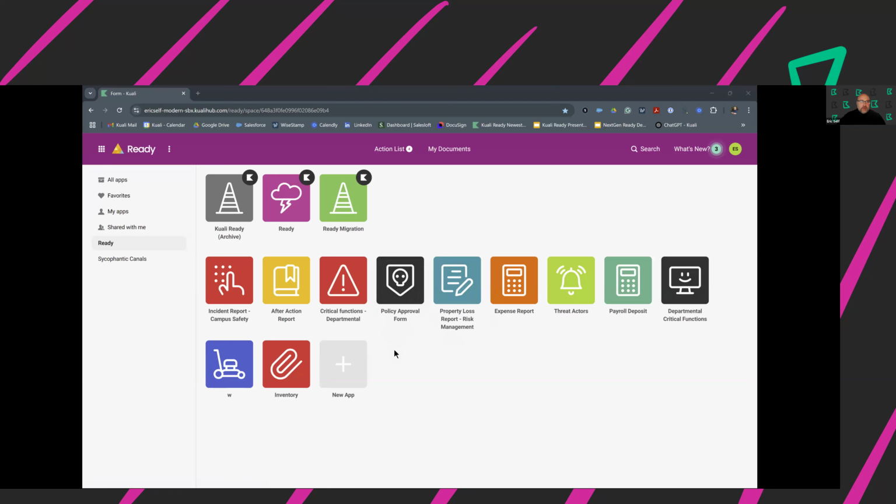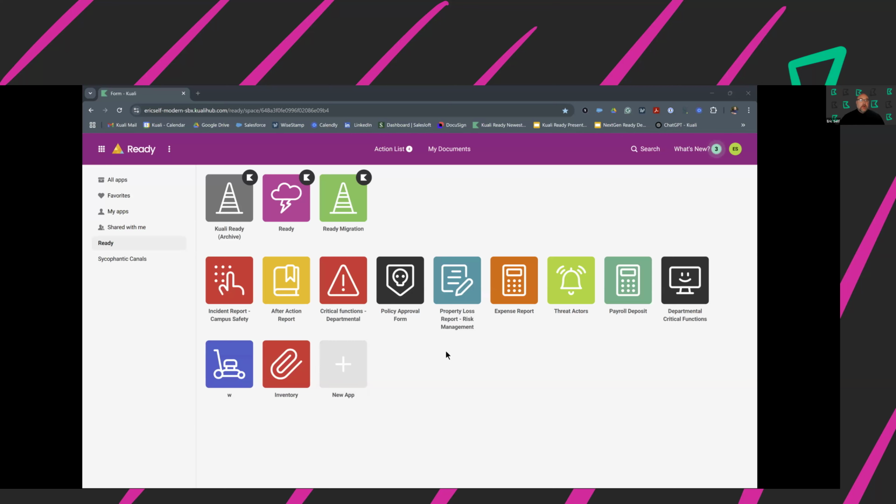This is our next generation of Kuali. This has been in the works for such a long time. We had so many requests over the years asking for certain functionality, and now they get those things in this new platform. Try not to pay attention to all these other apps here because I don't want to get in the weeds here, but this is beyond continuity.